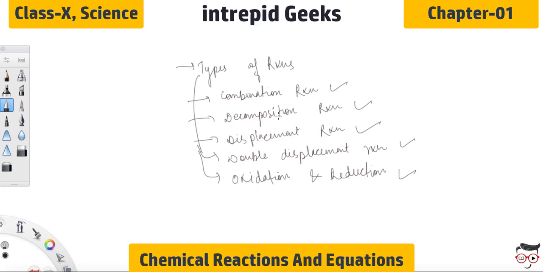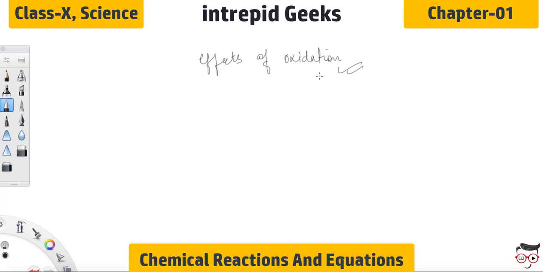Try to learn some good examples of each type of reaction. Try to relate examples with a certain type of reaction. Try to understand the process of reactions. Try to learn or memorize examples such as reactions used for black and white photography. All these are important concepts. Now you may have observed the effects of oxidation in your everyday life also. In the starting only I have quoted that reactions do not take place in the laboratory only. They also take place in your everyday life.